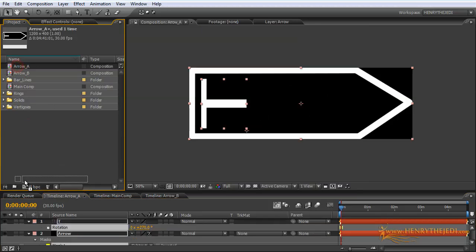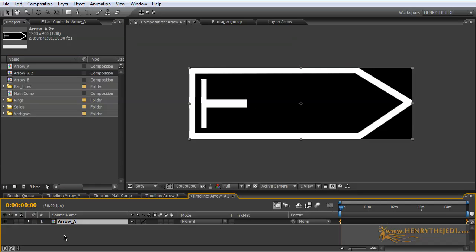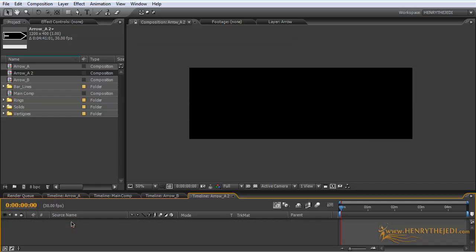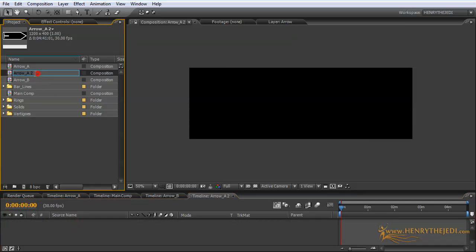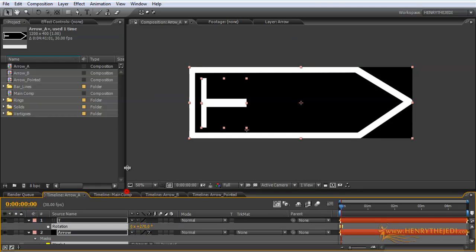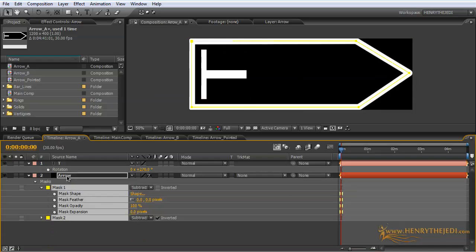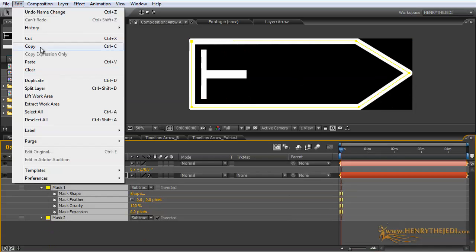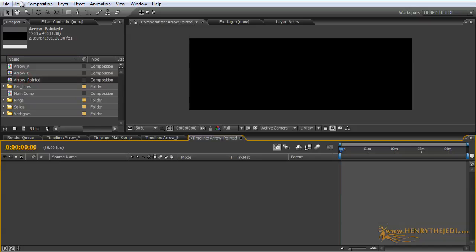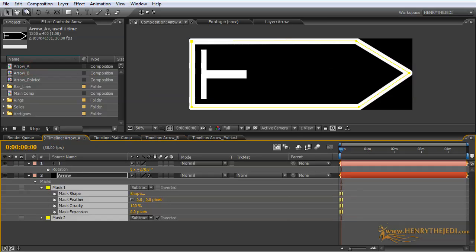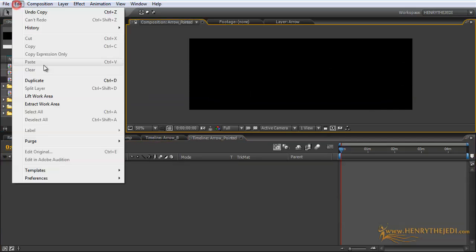Drag this arrow A here to a new composition like that. And of course in here we're going to delete that. Rename this to arrow pointed. Okay, back to arrow A, and of course we're going to select these, go to edit, copy, go to arrow pointed, edit, paste, edit, copy, click inside, edit,